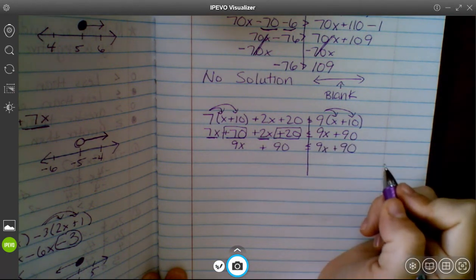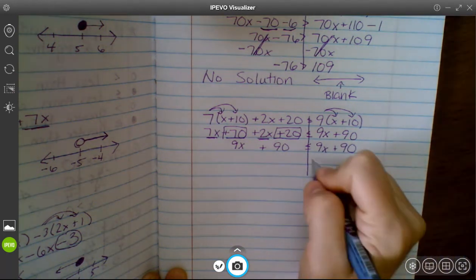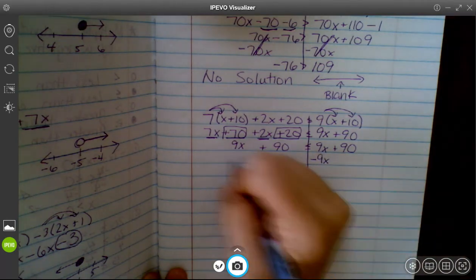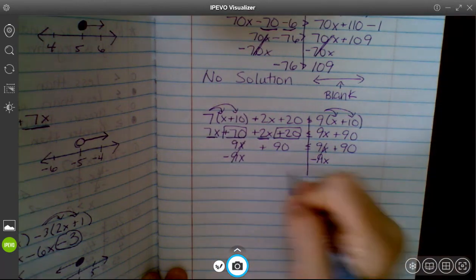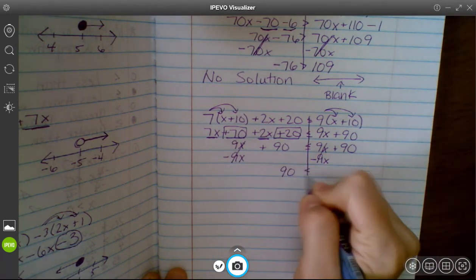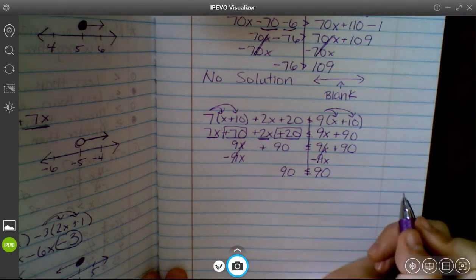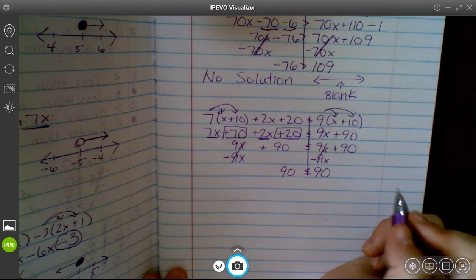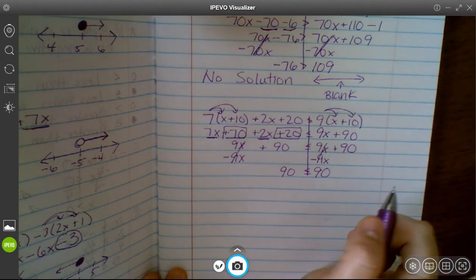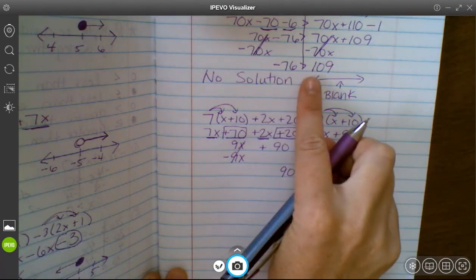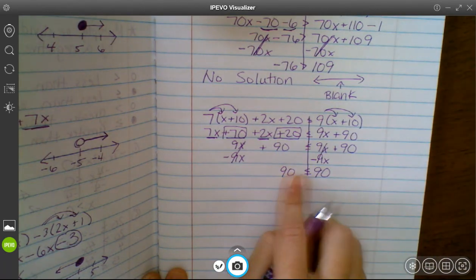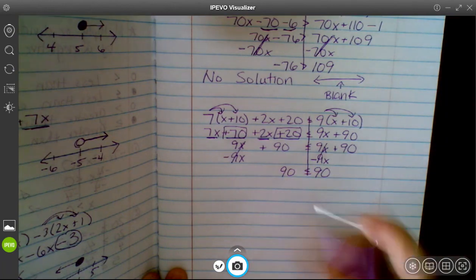Okay, so I'm noticing my sides are the same right now. I'm going to move the variable to the left because that's where I like my variable. So I have 90 is less than or equal to 90. Well, 90 is not less than 90, but it is equal to 90. So we talked about another type of solution. So up here, this was not true, so we had no solution. 90 is less than or equal to 90, so this would be